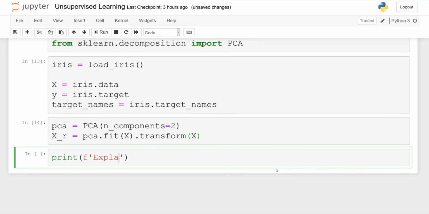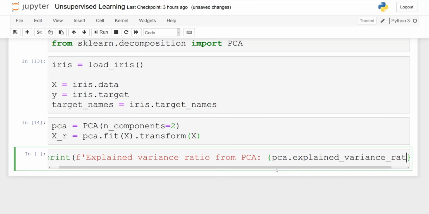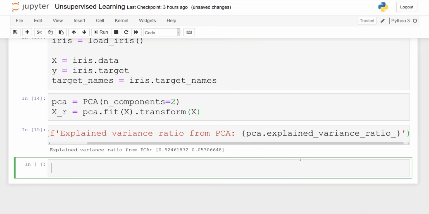Now let's actually print out the amount of variance that is explained by each principal component. So the explained variance ratio from PCA, and you can extract this information from the PCA object itself. So it's pca.explained_variance_ratio_.